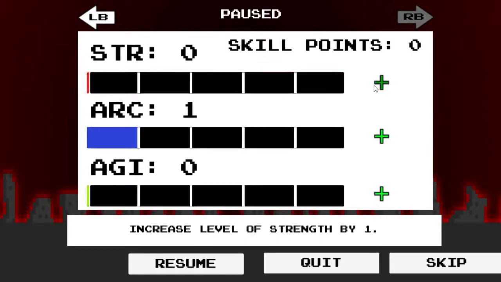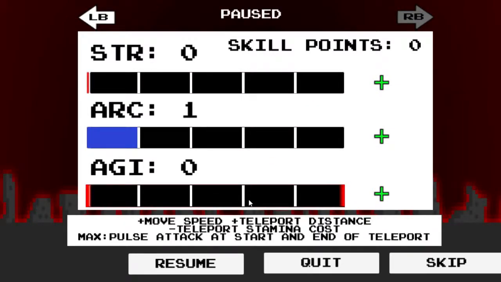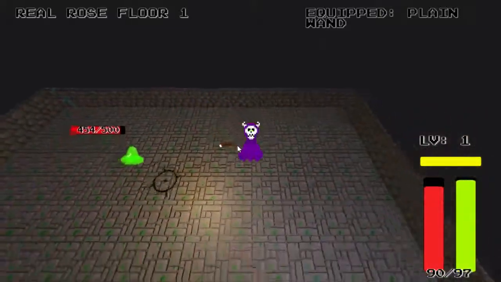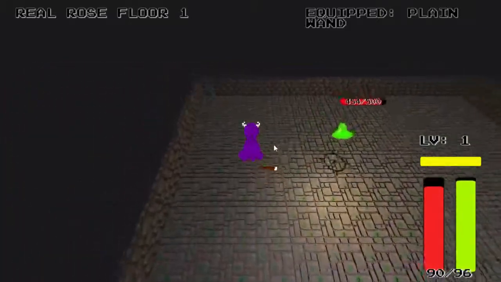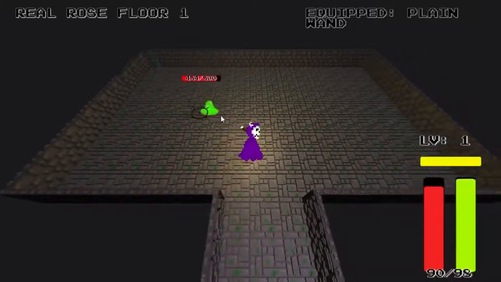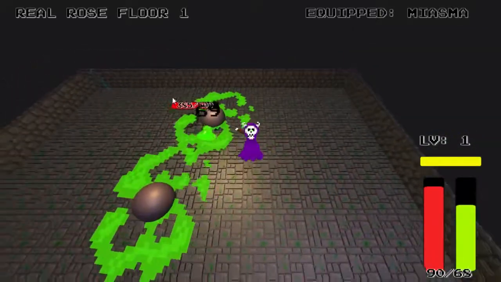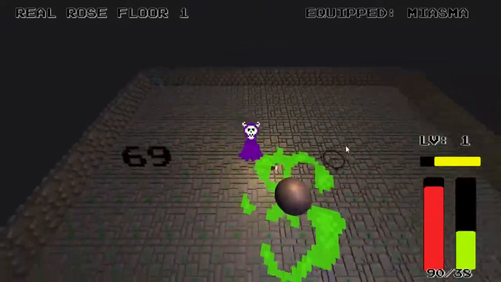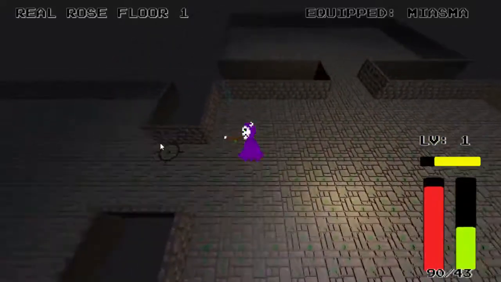So you'll see that if we scroll over these bars right here, it'll tell you what each upgrade will be able to do, and they each have a max upgrade. So, for example, the Lich will have its max agility. He'll have a pulse attack at the beginning and the end of his teleport, which I'll show you in a second. This will be his teleport. And with his max agility, he'll have a little attack before that. So yeah, maxing out a stat gives each character a special ability,